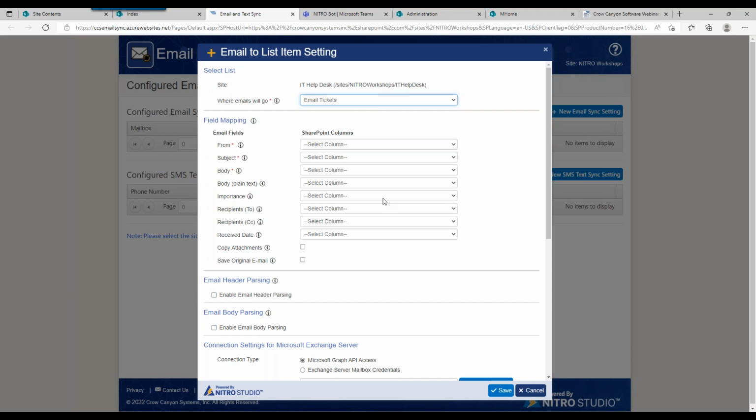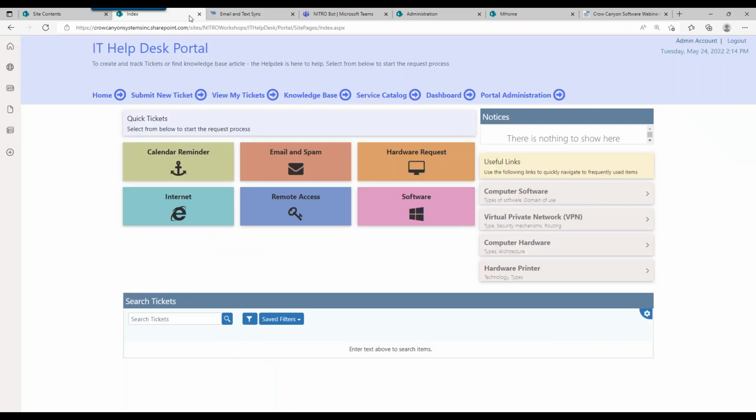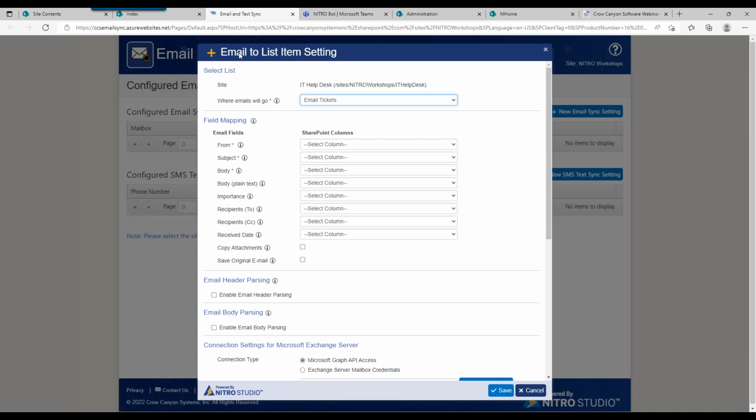And so even if you have a process where you're mostly using emails to communicate and manage your help desk, this gives you a way to keep that in place without creating that much of a disruption for your users. So even if you can get them into the system and using a portal like this, you may have a segment of users, or maybe all your users, who are really more prone to using email, and this gives that possibility to retain that functionality. Maybe a transition period, maybe you just want to keep using email altogether. That's fine. We have a way to make and keep that connection, but the real benefit is that now